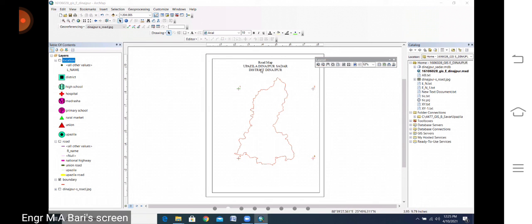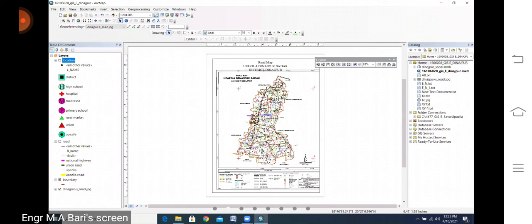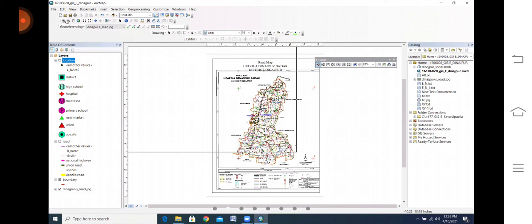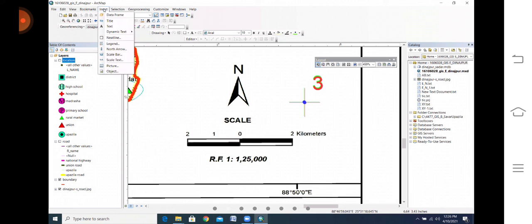Okay. So next item, listen, the map. There are two things. One is the north arrow, another is the scale bar. If I just use this zoom, it will help you to see the screen clearly, but it will not displace your map. This layout zoom is different; this zoom displays your map. So I am just using the layout. Look at this thing. So again, insert, then north arrow.